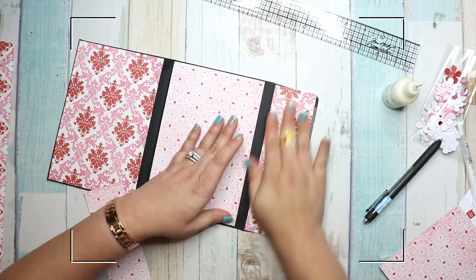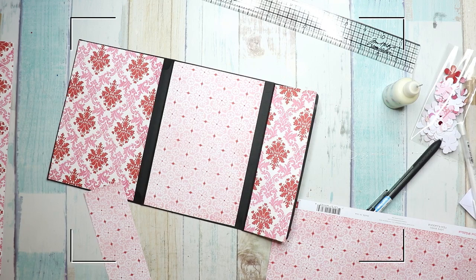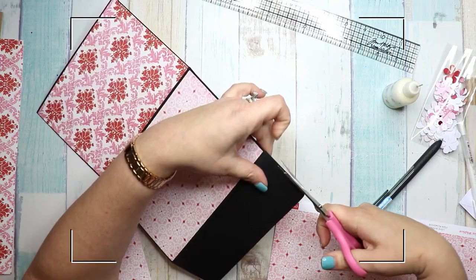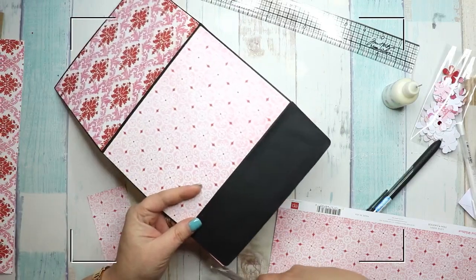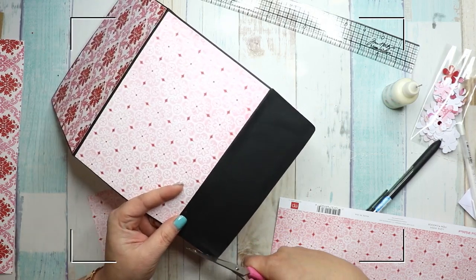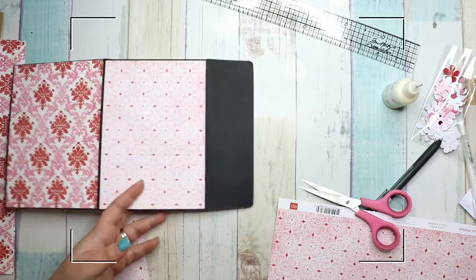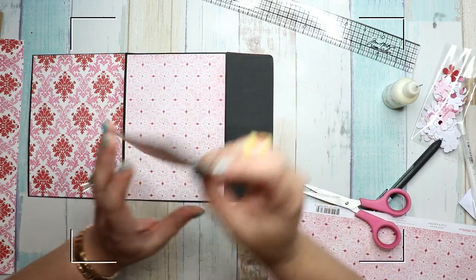All right. So now I'm just going to take, and I was messing around with them earlier, I think I'm going to use my, oh, here they go. I'm going to just take my scissors, and I'm just going to clean up where it was hanging over a little bit. And that way it blends in. Okay, perfect. So then I'm going to do the same thing with this pink on the back. I'm going to glue this down,